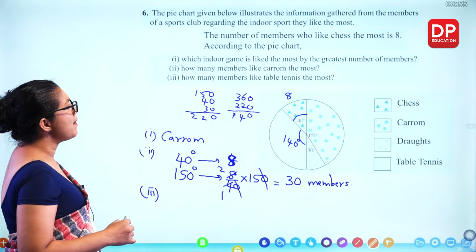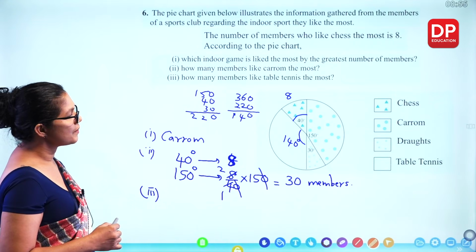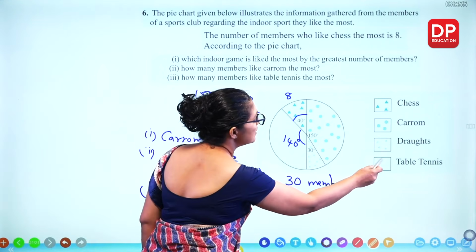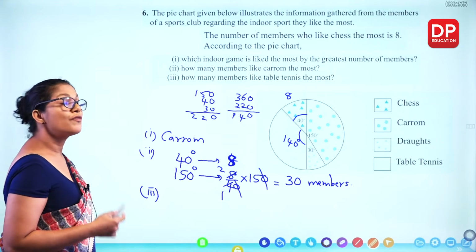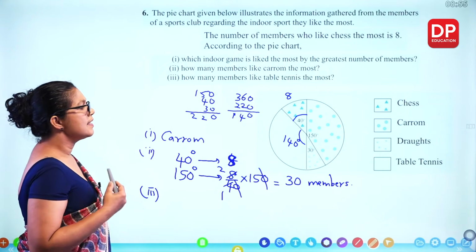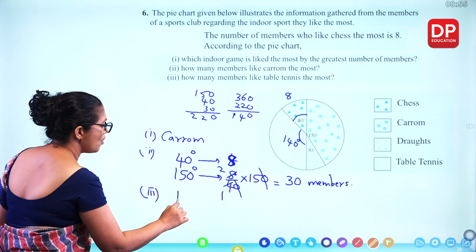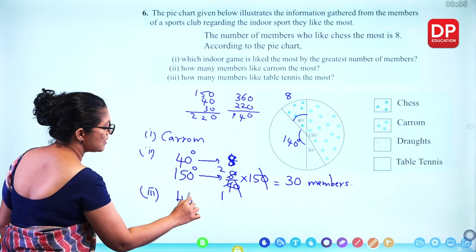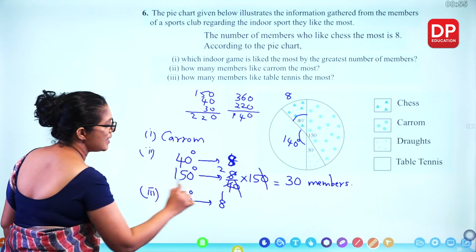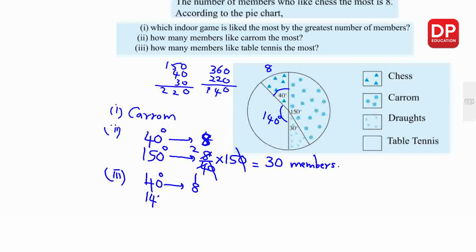Then what's the third part? The third part says how many members like table tennis the most. Table tennis is this part, 140 degrees. So we can find out how many members like table tennis. Again we can use this information: 40 represents 8. What about 140 degrees? So 8 divided by 40 multiplied by 140. You can cross out the 0. 4 times 1, 4 times 2, 2 times 14 is 28. So 28 members are there